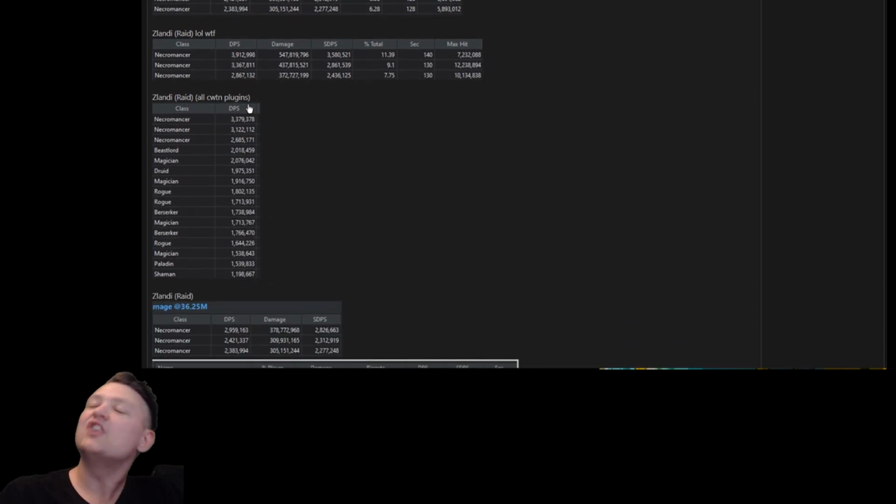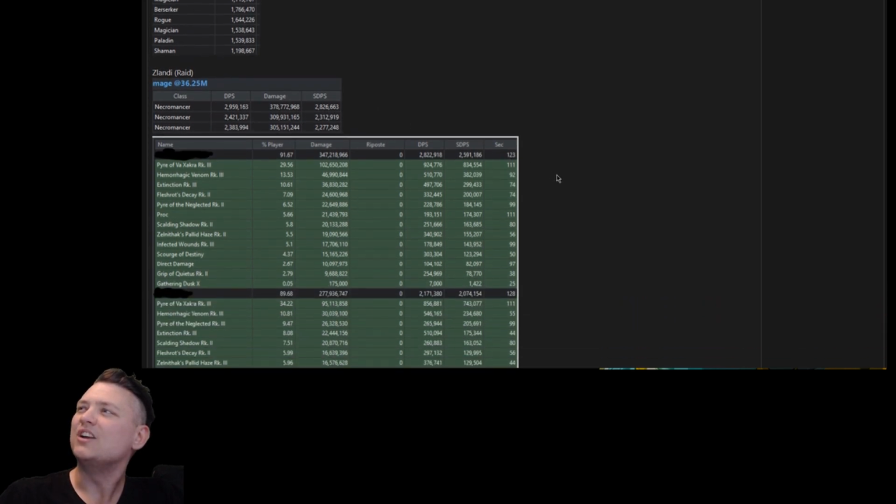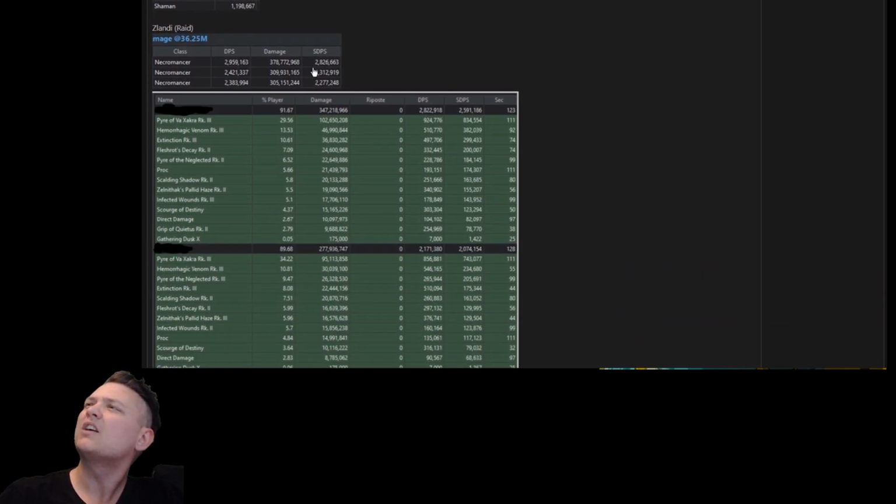Here's another Zlandi raid. Here's a bunch of classes, all with the Chat With His Name plugins, so you can see where that stacks up relative to other classes on the same mob during the same fight. So if you're thinking, oh, well, that's because other classes are doing bananas or whatever, they're still pretty insane. Another Zlandi raid, 2.8, 2.3. Here's a breakdown just from a random one. I don't even think this is this one. No, it doesn't appear to be this one, but